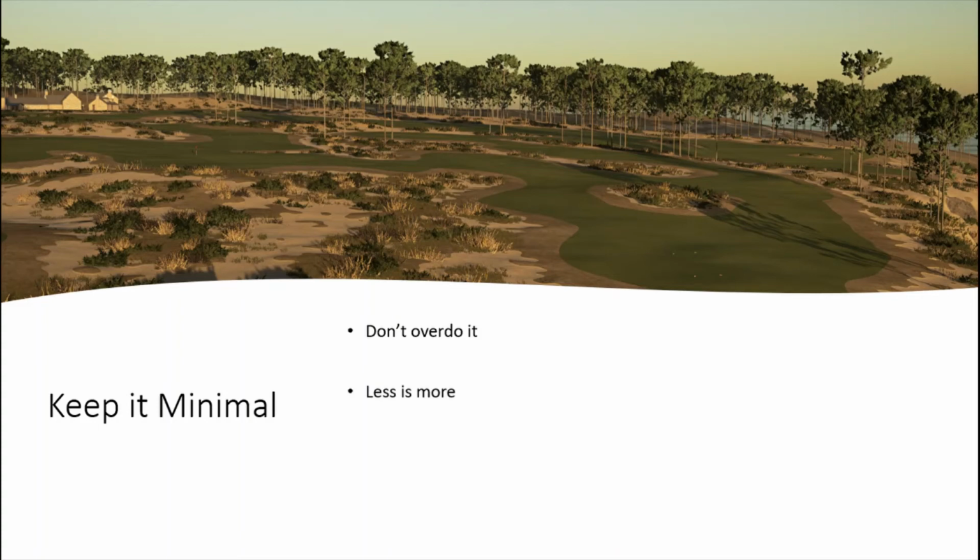That's my big thing. You can look at a lot of Matt F courses. He doesn't plant a single piece of grass on the property, and it's just amazing. You feel like it's an awesomely planted course, and there's barely anything out there. Arctic Fury can pull it off, but when you're just starting out trying to create a clean course, don't overdo it with the planting. If in doubt,